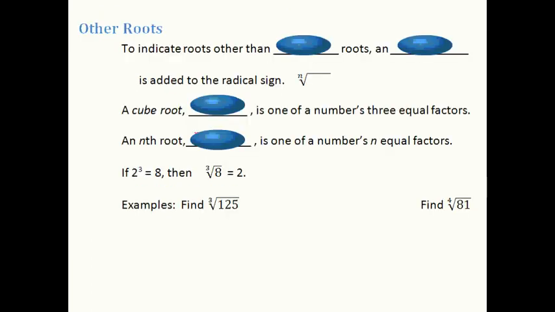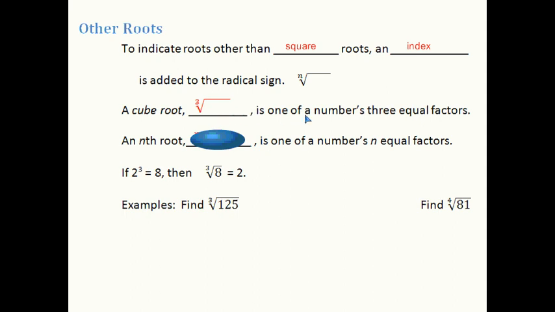We won't just be looking at square roots, we'll be looking at other types of roots. To indicate roots other than square roots, an index is added to the radical sign. So here we have a radical sign, but there's going to be a little number up here. Right now it's an n because we can put any number, and we'll just be working with whole numbers right now. So you might see a cubed root,